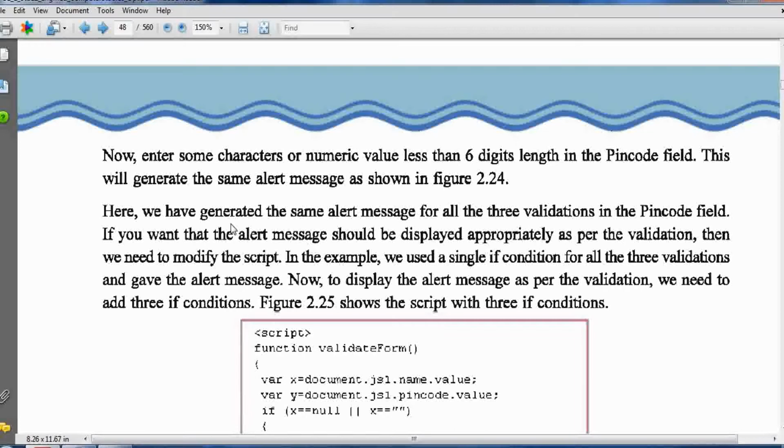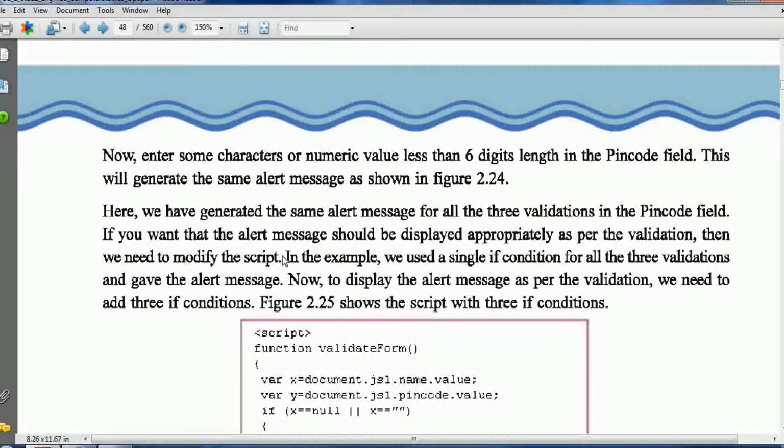Now let's read the paragraph. If we have generated the same alert message for all the three validations in the pin code field, and you want the alert message to be displayed appropriately as per the validation, then we need to modify the script.